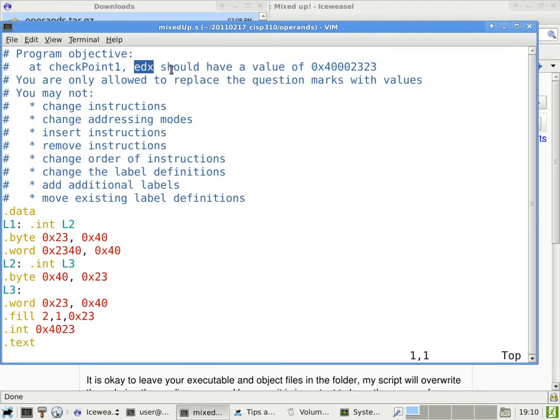The most significant 16 bits. In terms of the hexadecimal number, what are those digits? The first 4 digits, the leftmost 4 digits. Okay, the leftmost 4 digits would be these 4 digits. So that means when I get to the program,